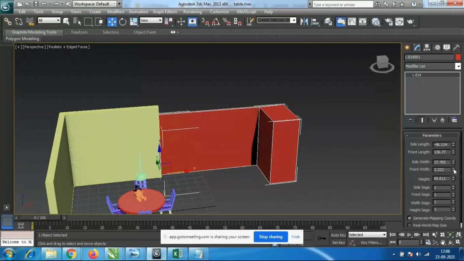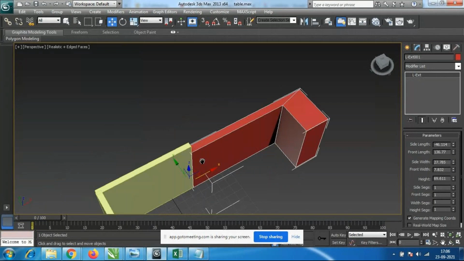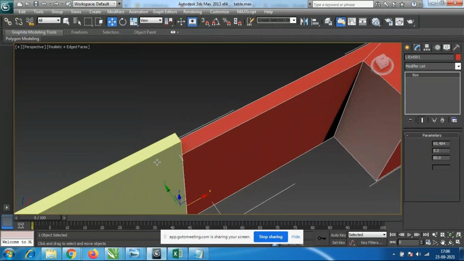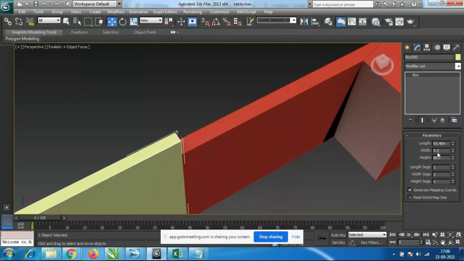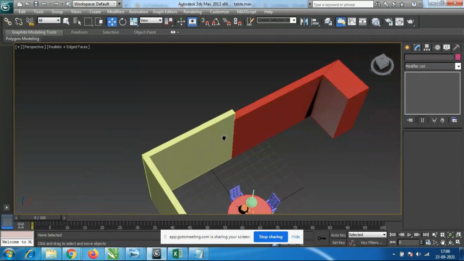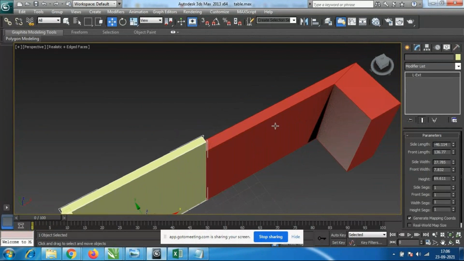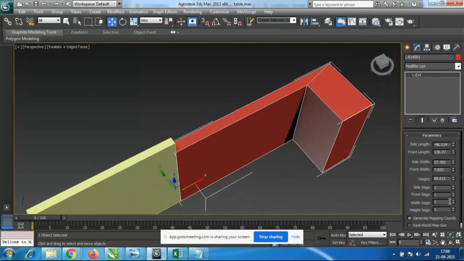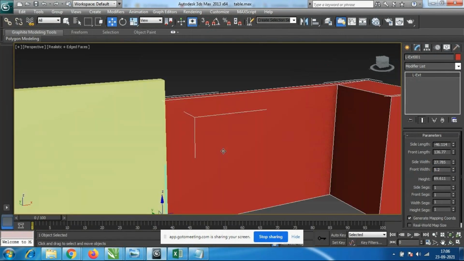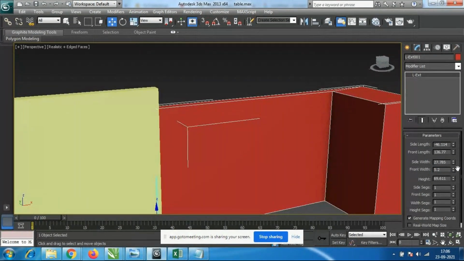Front width, in the sense of this thickness, again it is asking how much thickness you need. So click on this, and 5.2 is this wall width. See, this yellow color wall has a 5.2 width. Again I'll click on this, and here also I will give the same thing only. Front width is 5.2, which I have to match with this other wall. So this wall, and the height you can change like this only.